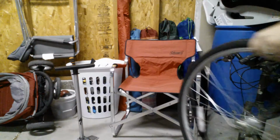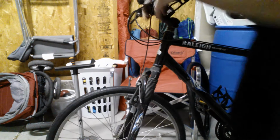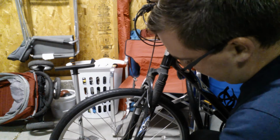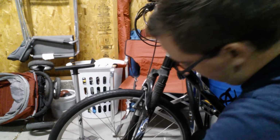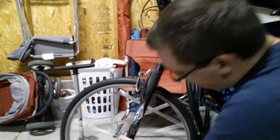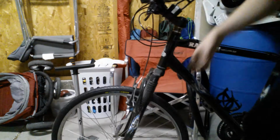Okay, so now that I have it pretty well inflated, not as tight as I did before though, I'm gonna bring my bike back over here, and the fork right now has no tire in it. So I'm gonna go the same way that I did before. This is all made easier if you have a bike repair stand at your house, but I do not. Okay. All right, so you do all the steps in the opposite order. So I just slid it onto that axle that we had there. Now I'm tightening it. Okay. Now you can see that that's on there. I'm gonna get one more. Okay. All right, so now